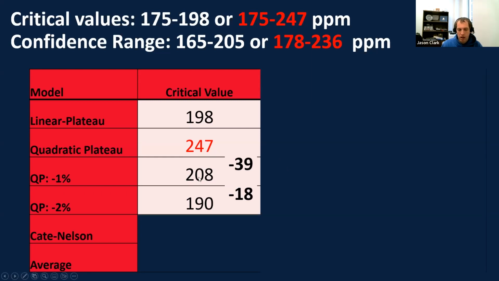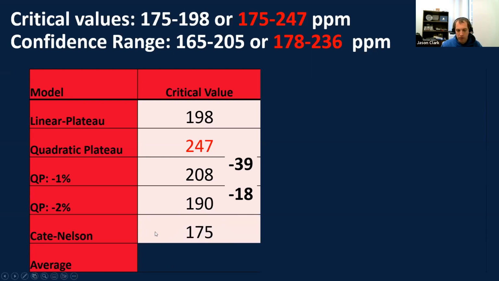So it shows us between here and the -1 and -2% from the full model, we're closer to that responsive part, which is where we want to be. If we look at the Kate Nelson, which is what's been traditionally used in the past, and that's how 160 was established, it's at 175 here, which shows us it might need to increase some.